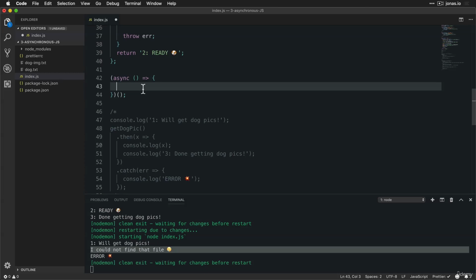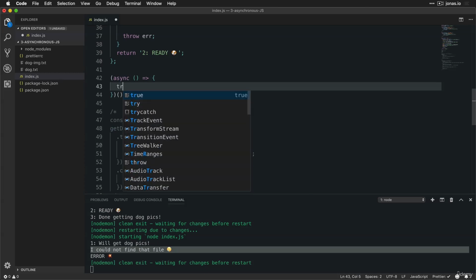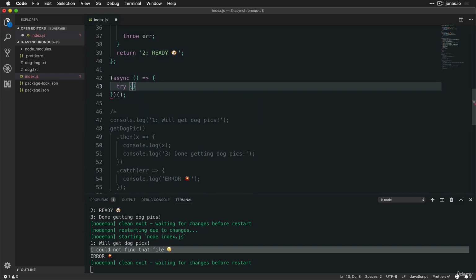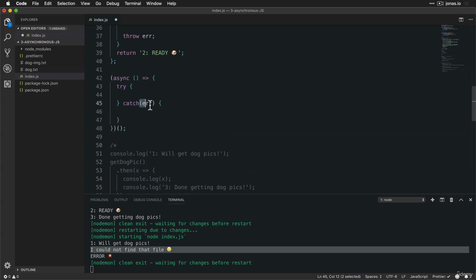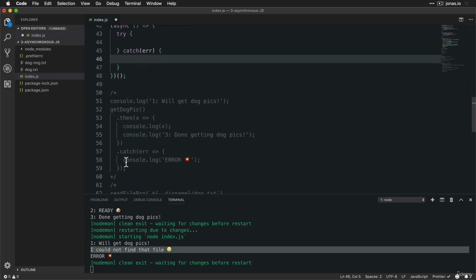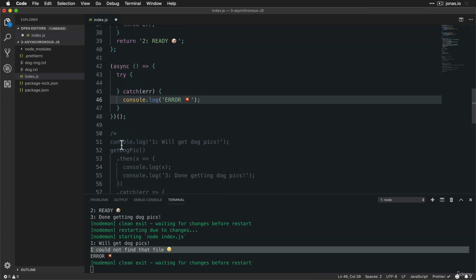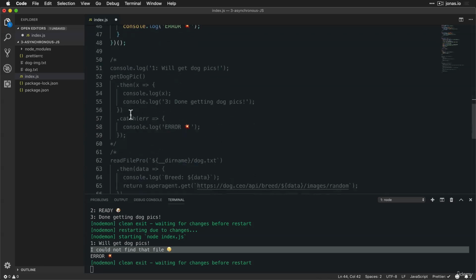Okay, now since we're using async await, we're using the try catch pattern again, like before. So catch. Have access to the error here, and we actually cannot omit this here. So even if we don't want to use this error, we still have to write it out here. Okay, in future versions of JavaScript, this will be gone, but for now, we need to do it like this. So this is where this error will be. And up here, we will have all these console.logs. So this one,